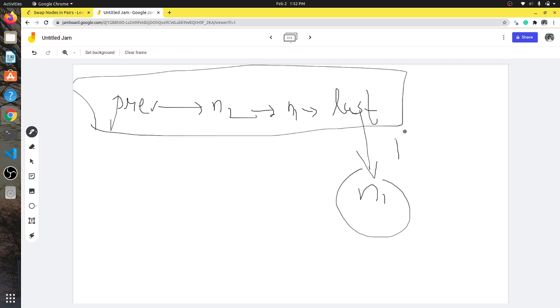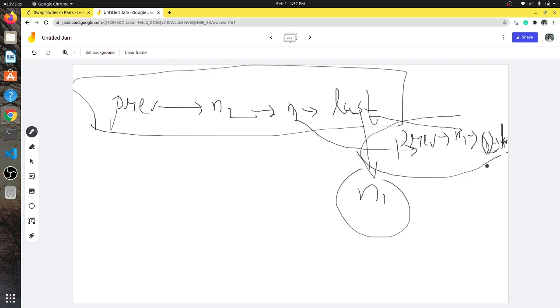That is, for the next pair we will have prev, n1, n2 and last: our previous will be n1, n2 will be the next of n1, and last will be the next of n2.